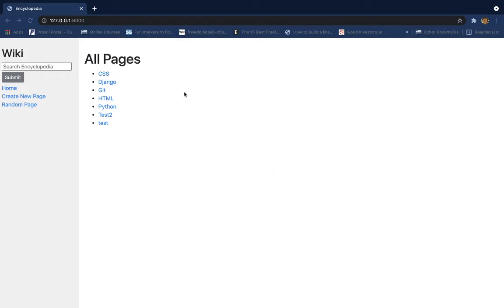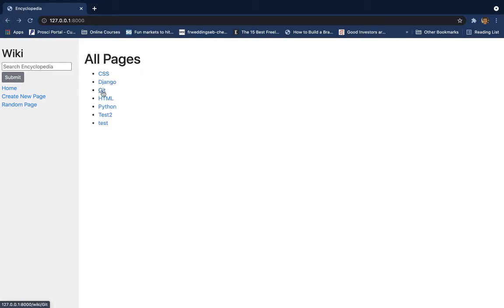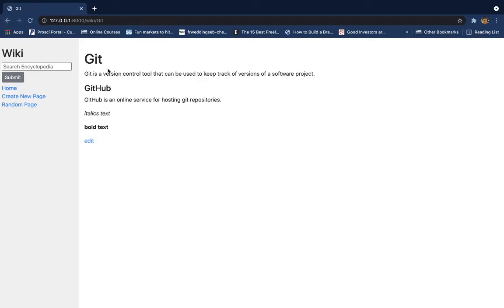Now you can see that this is the home page, and on this page we can see all the listings of the entries in our Wiki app. So we have CSS, Django, Git, HTML, Python, and so on and so forth. If we click on one of these, it will bring us to the page. So for example, CSS, it will bring us to the CSS page. And if I go back and click on another one, Git, it will display